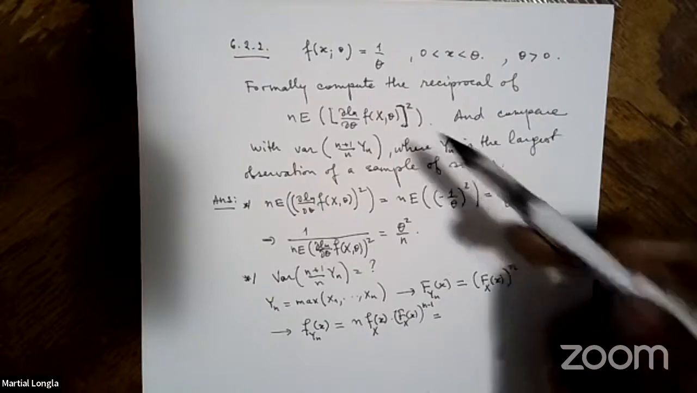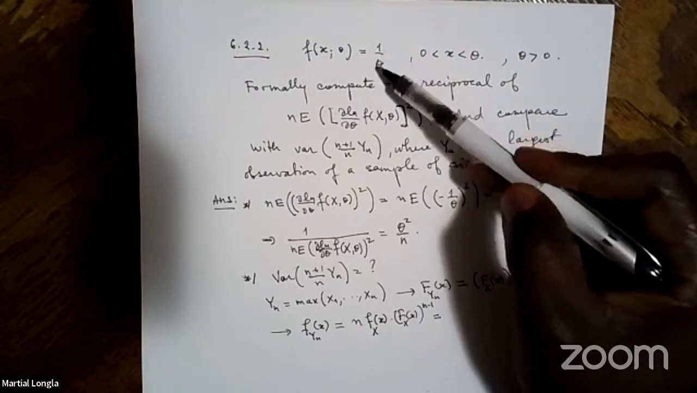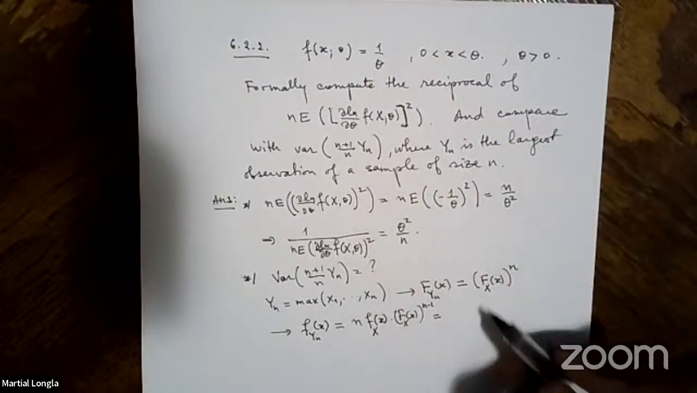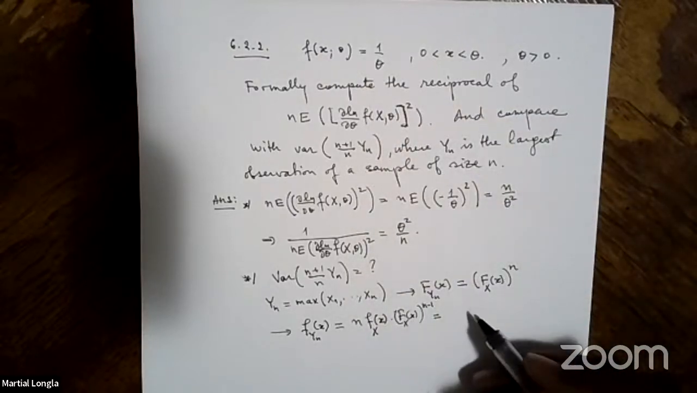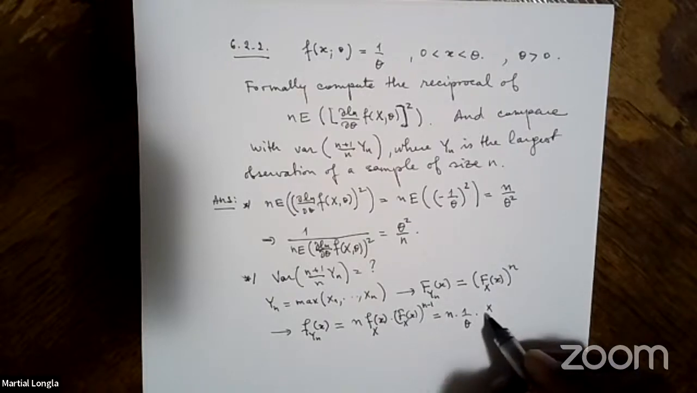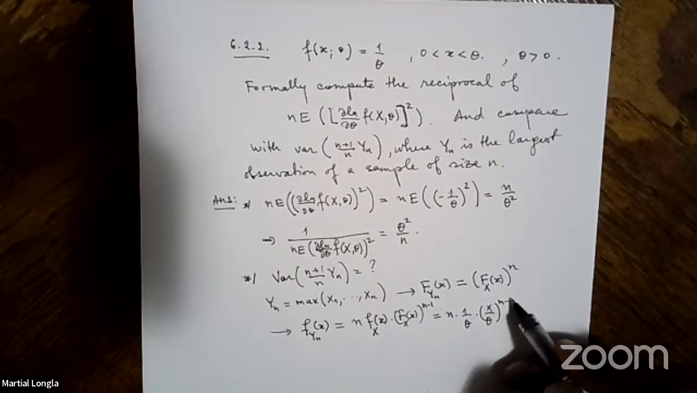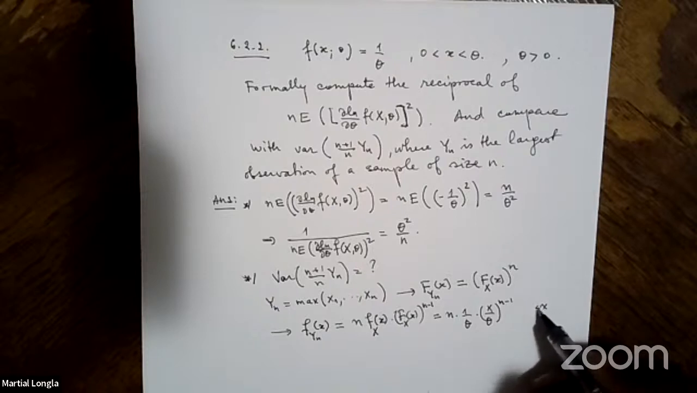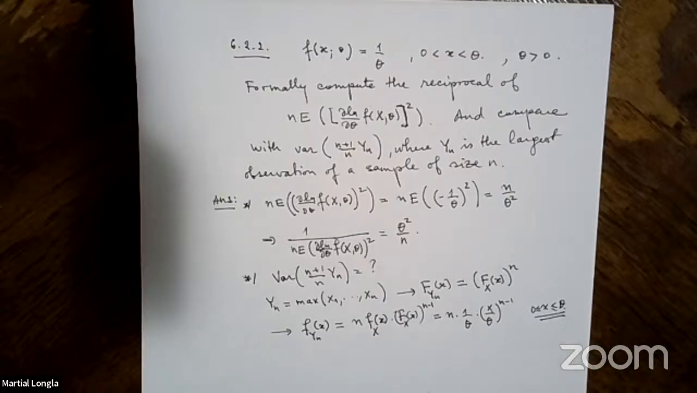And the population, this is 1 over theta, that's uniform. F of x in this case is x over theta. So that is n times 1 over theta times x over theta raised to the power n minus 1, with x between 0 and theta. So that's the density,